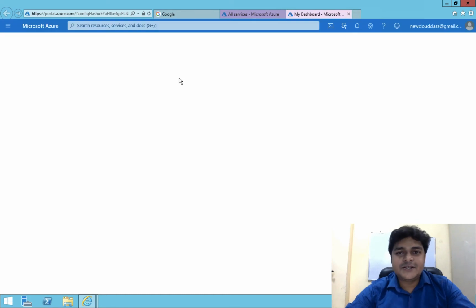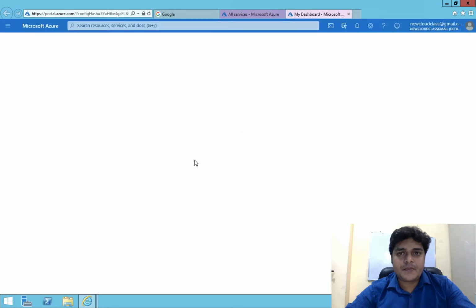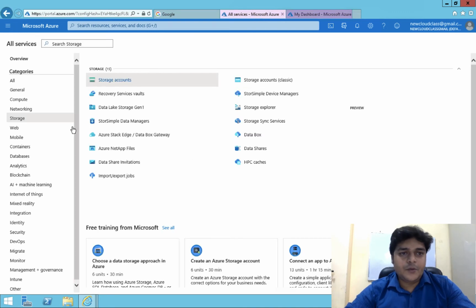Since this is a server operating system, if you are using Internet Explorer, it may create a problem. You want to do something, but it automatically opens something else. Okay, no problem. We have another way to open our recovery service vault.